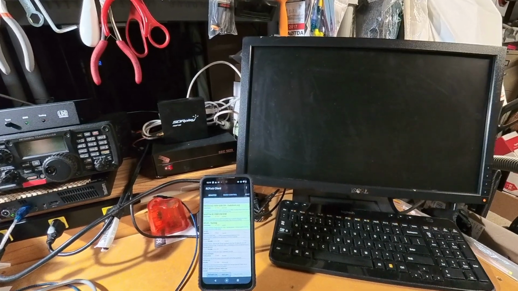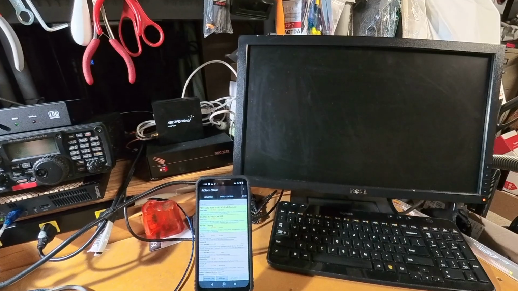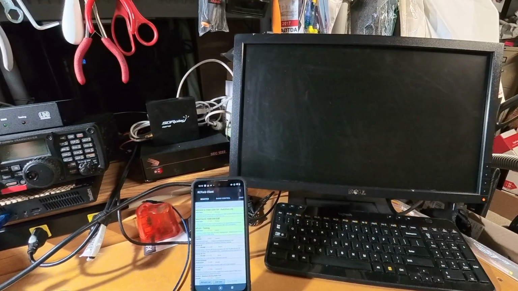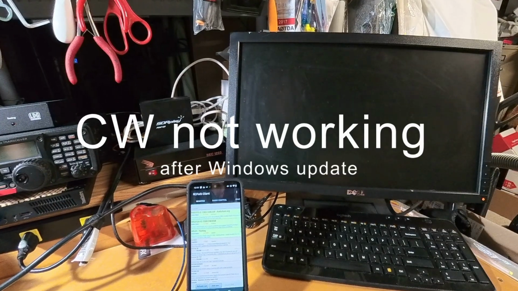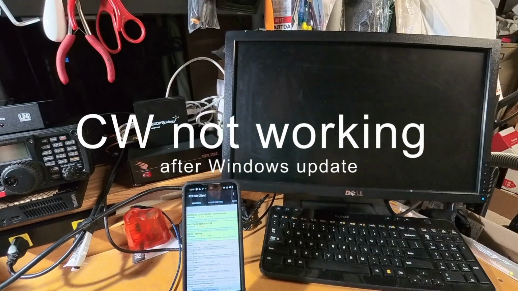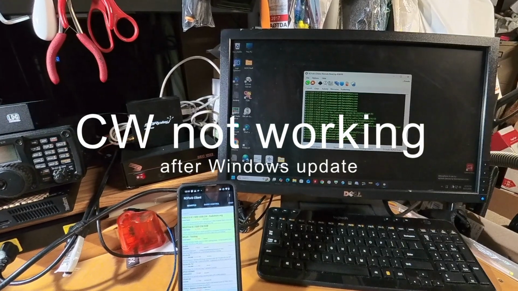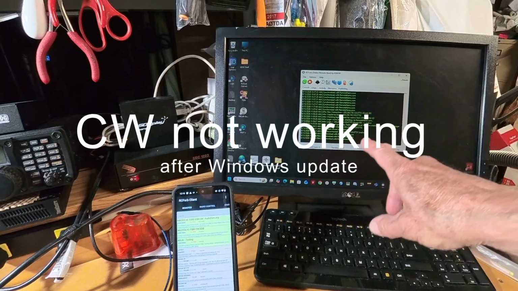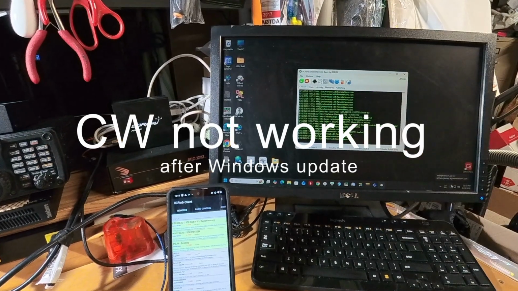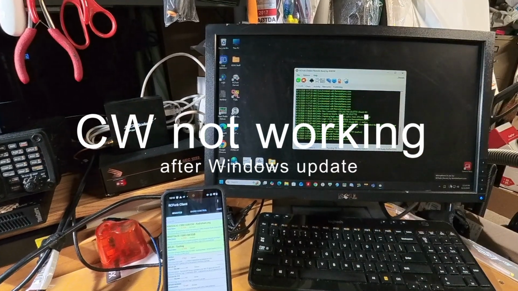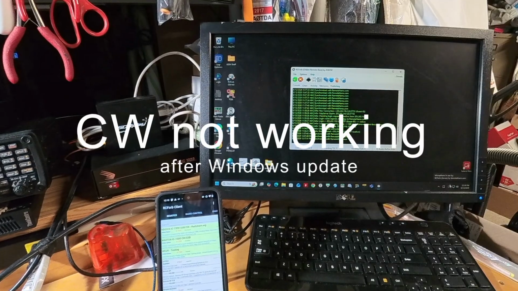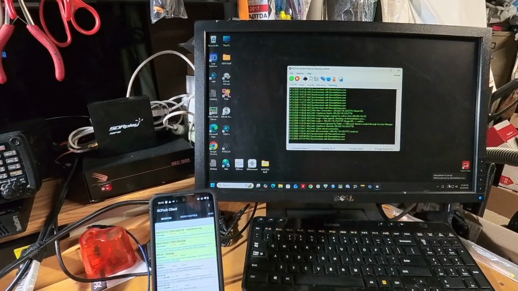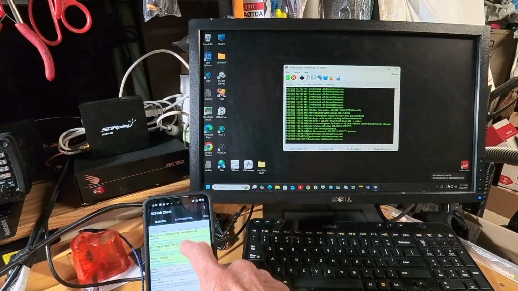Let's take a look at a common problem that occurs with the RCForb software and Windows Update. Let's get the computer going here, and we see the RCForb server is running, and there's nobody connected to it at the moment. Let's do a connection here